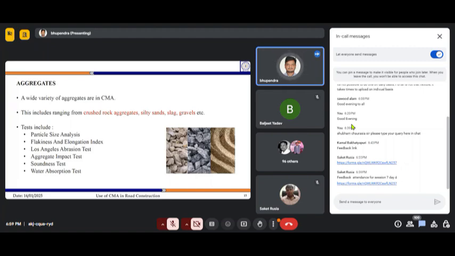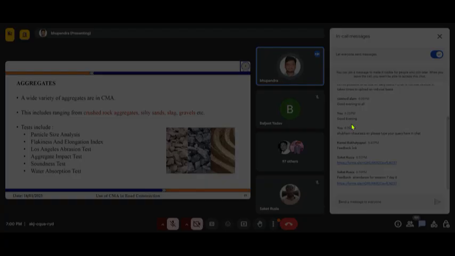Soundness test to check the durability of our aggregates, and water absorption, which is an indicator of the amount of pores present in our aggregates. So these tests are conducted, and if they pass the given values in the MORTH specifications, then those aggregates can be used.